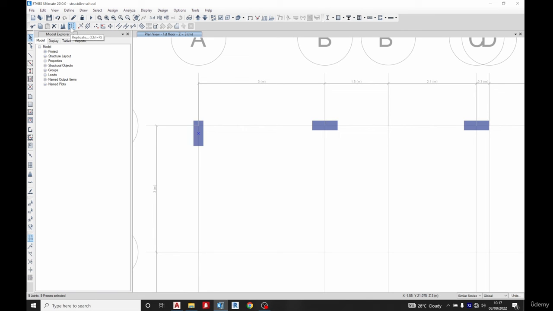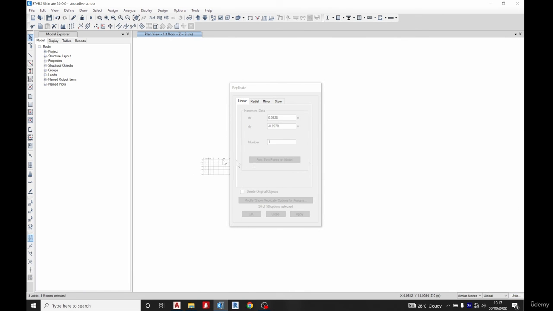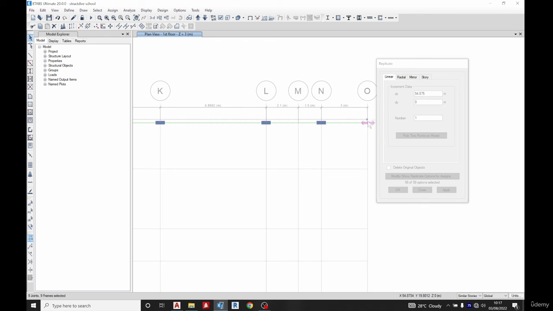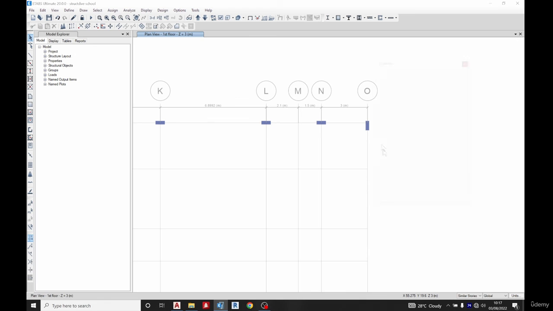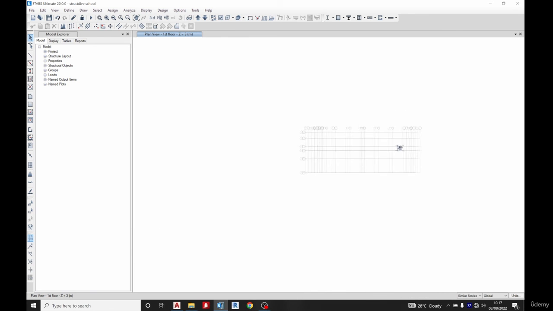So we'll come to replicate, so select this, pick 2 points we want. So I want to pick this and pick the other points here. I can decide to move this away and pick this point. Okay, so apply, click OK. So you can see our column is created at this point. So we'll be creating the other